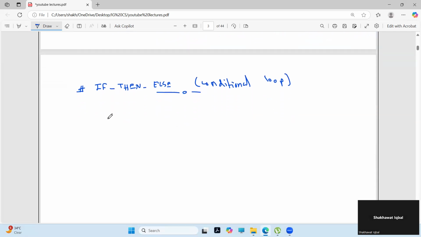Okay, if. What does it mean by if? After if, what is the syntax here? Syntax means how you have to write if-then-else, or how to use if-then-else. So after if, you have to put the condition. Normally condition means logical conditions, as I explained before. If condition, then